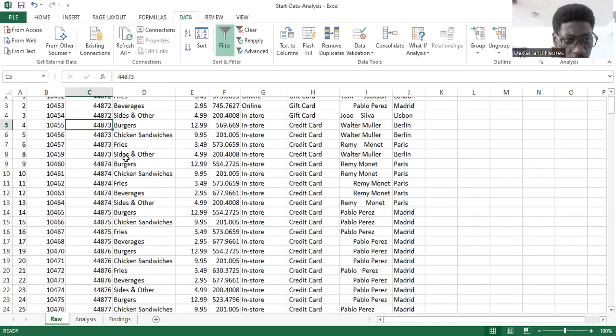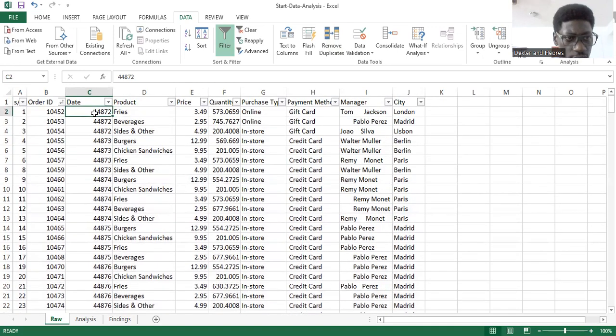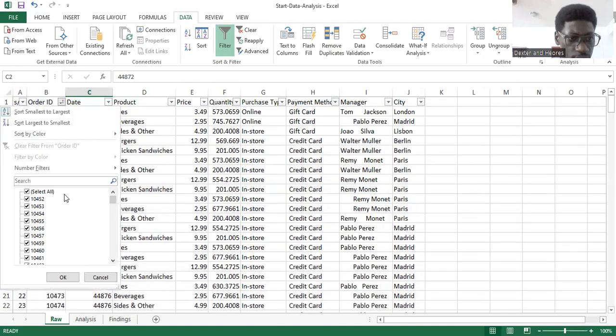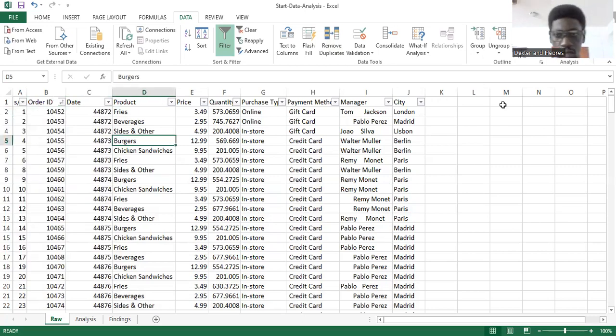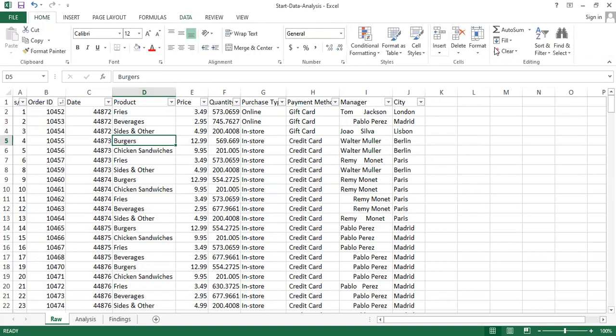So next we have our dates. For our dates, we can see that there's something wrong with the format. What I'll do is first select everything. To select everything, I'll use